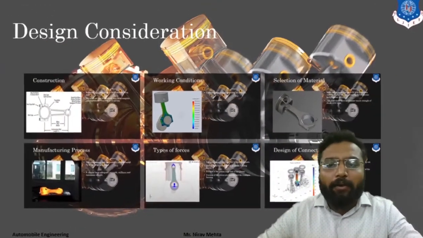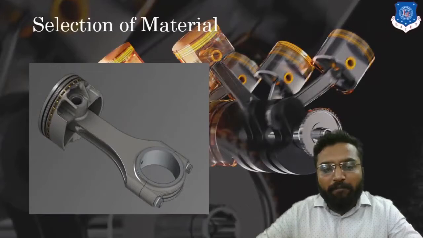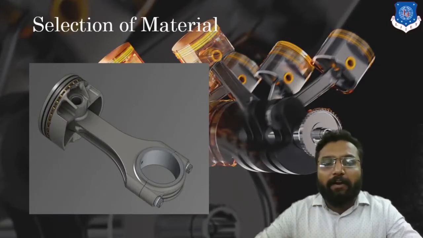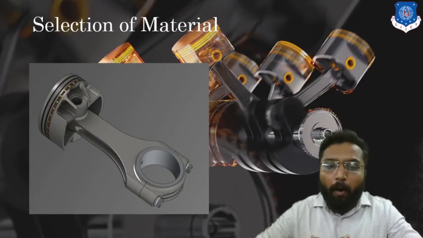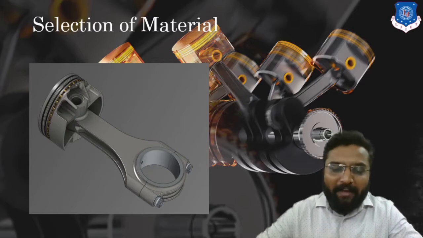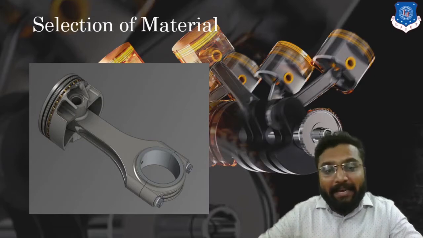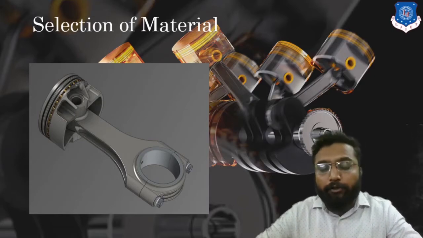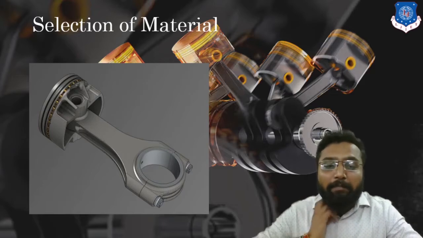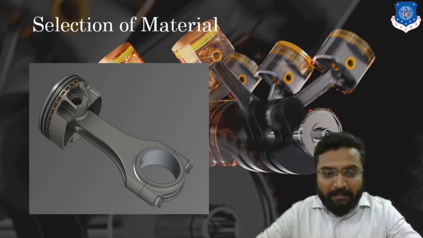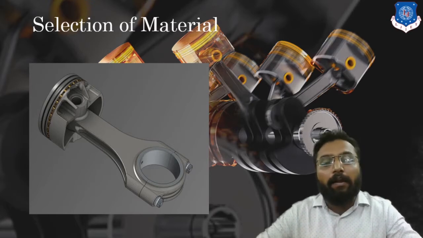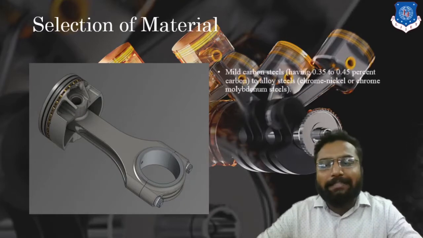So next, we are going to discuss different aspects of material selection. Due to its working condition, which involves a complex set of stresses, whether it is buckling stress, bending stress, sweeping stress, or bearing pressure due to the connection at the big end and small end, we have to consider a material which can withstand any type of stress. Clear? So in this case we have to consider metal alloys, mainly iron alloys, or you can say steel. Clear?